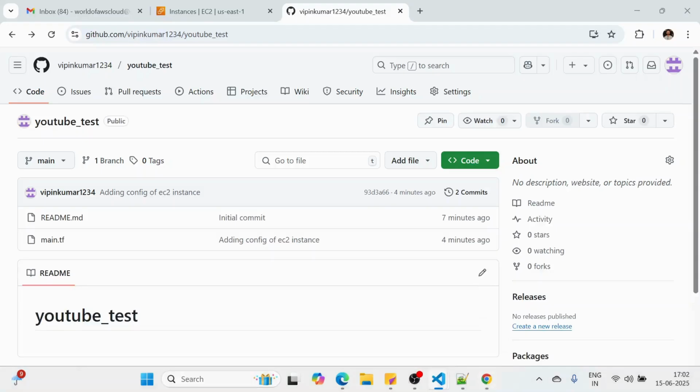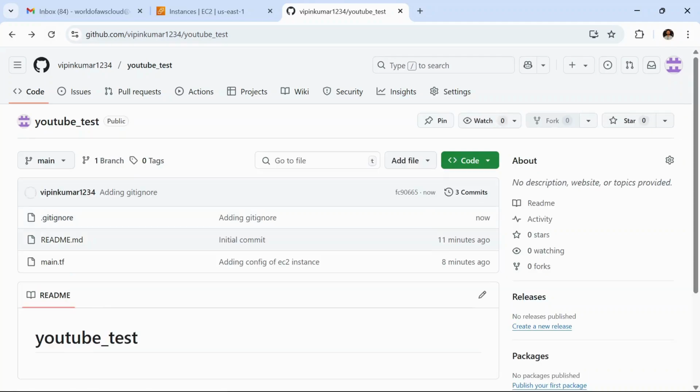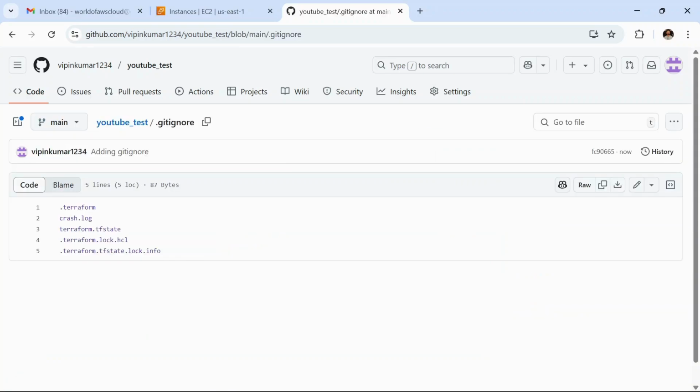So let's go and verify it. Refresh it. As you can see, the gitignore file is here, and if we open it, we can see what files we have ignored using this gitignore file.